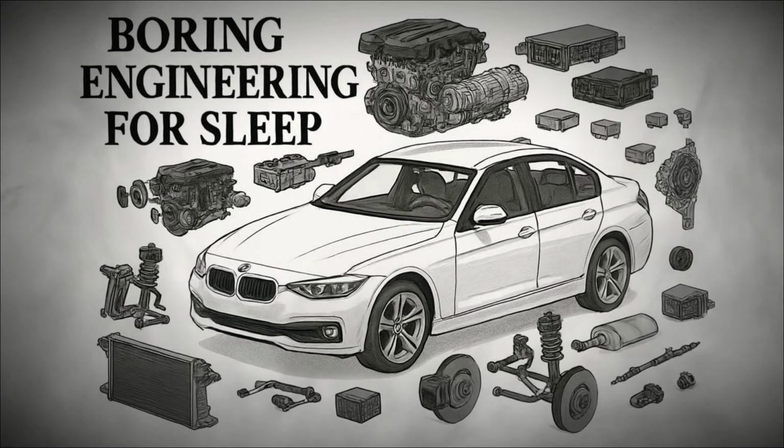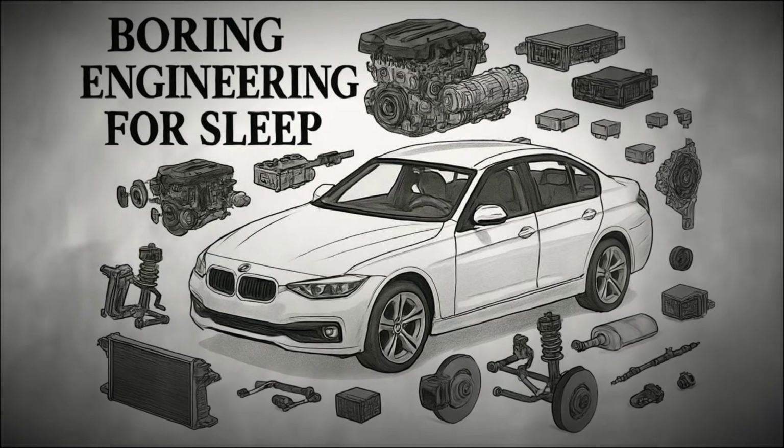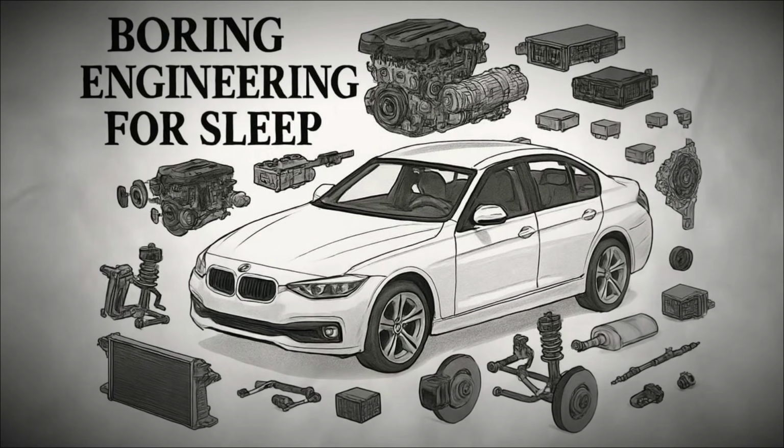ABS uses sensors at each wheel to monitor rotation, and if it detects a wheel beginning to lock, it rapidly reduces and reapplies brake pressure many times per second. This pulsing action keeps the wheel rotating just enough to maintain traction while still slowing the car as quickly as possible. The driver feels this as a vibration in the brake pedal, and it allows steering to remain functional even